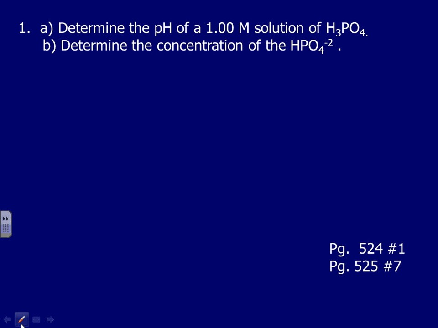Okay, so we're dealing with the H3PO4. We want to determine the pH. As I stated on the previous slide, let's only worry about the first H falling off when determining the pH,